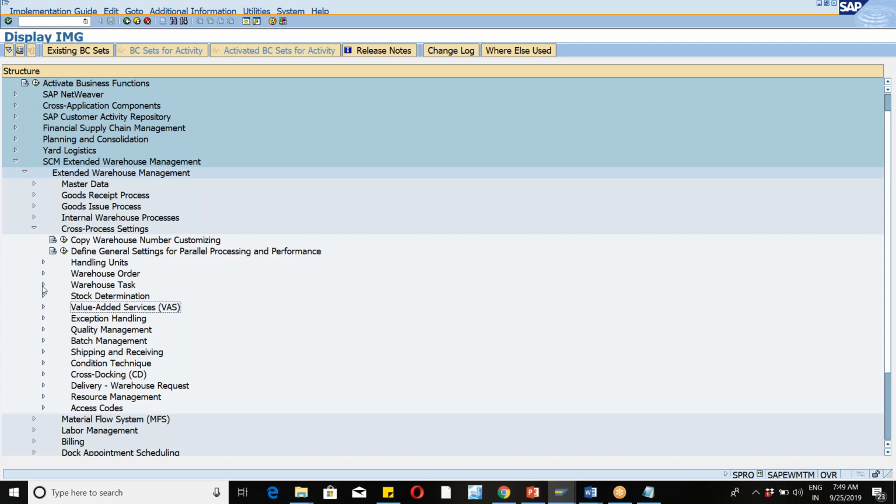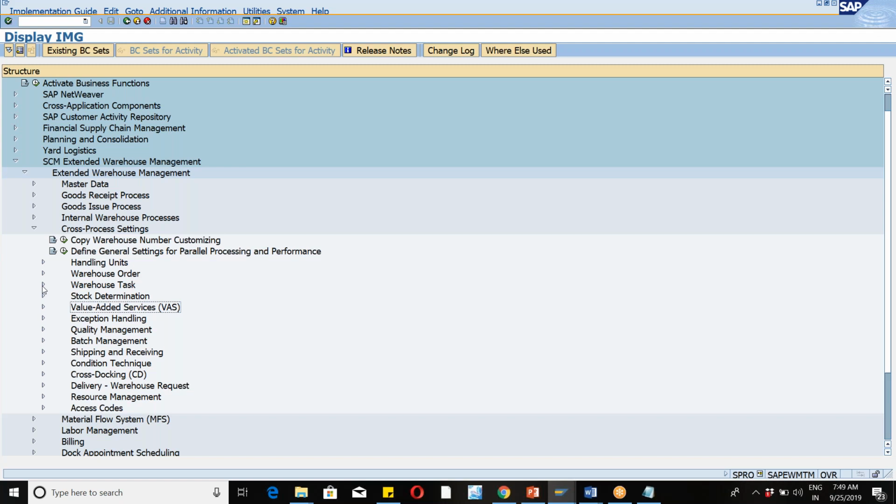But ideally, what we will try to do is, if you remember, in the value-added services, we have something called a VAS order. Do you remember that? Yes. It's a kind of a work order, a kind of instructions based on the packaging. Based on that, we used to go to the work center and then pack and repack or whatever the activity we used to do. The same kind of thing, not the same thing, but ideally even here also we'll have something called a quality inspection document which the system generates. So based on that quality inspection document, we will go to the work center and then we will try to decide